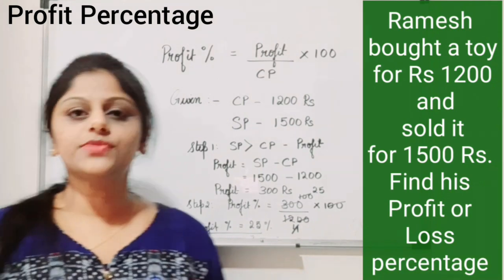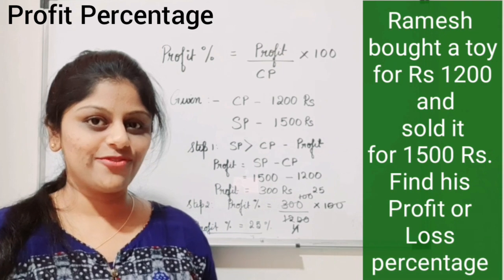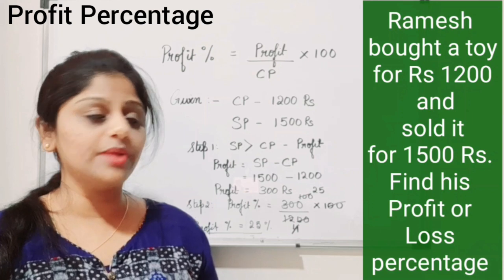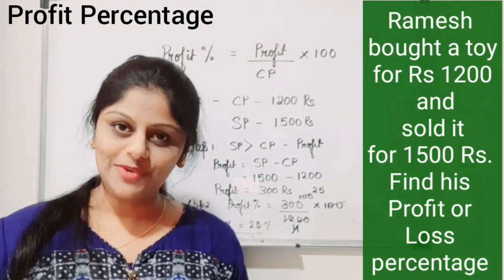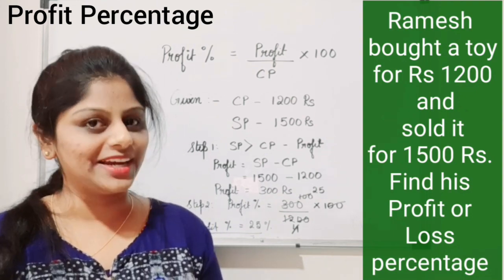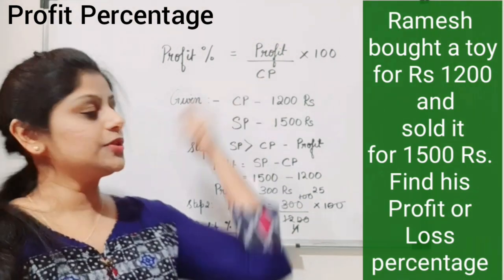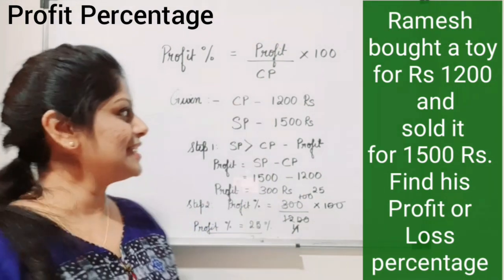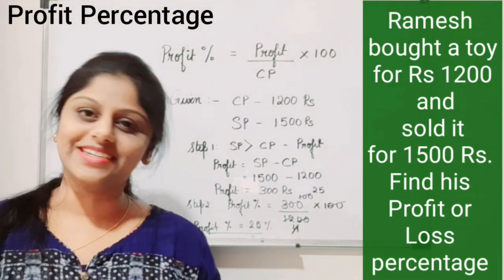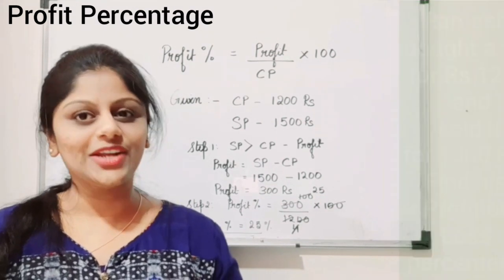So whenever it is asked for profit percent or loss percent, this was a question on profit percent. Therefore, profit percentage is equal to profit by CP into 100. And how to find profit? We have to check whether the cost price is greater or the selling price is greater. If selling price is greater, that means it is profit, and we have to find the profit out of that, that is SP minus CP. We will get a value that we have to substitute in this formula, that is profit by CP into 100. And in case of this question, we got profit percentage as 25%. So now let's see the second scenario and a question on that.